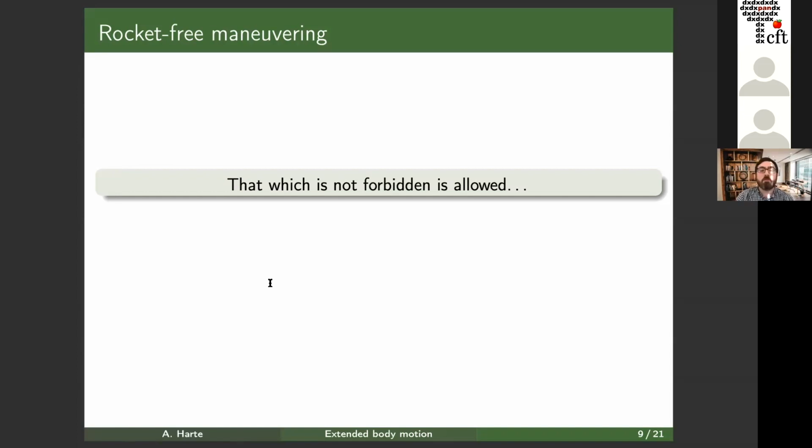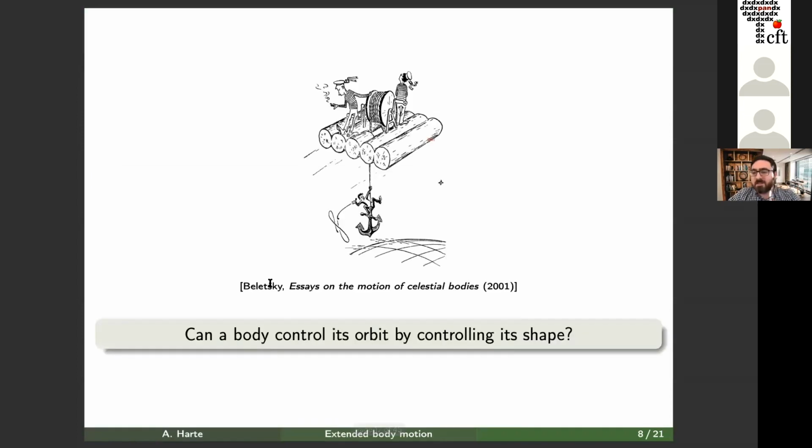Okay. Right. I think this is not a very well-known topic, so I'm introducing it from the beginning as much as I can. So I have this question: can a body control its orbit by controlling its shape? You can have this control in terms of rotational control: can you control your orientation? And there's also control of whether you can go from one orbit to another.